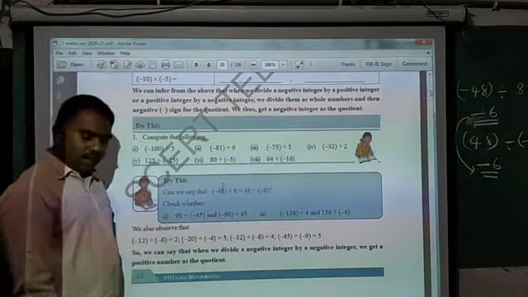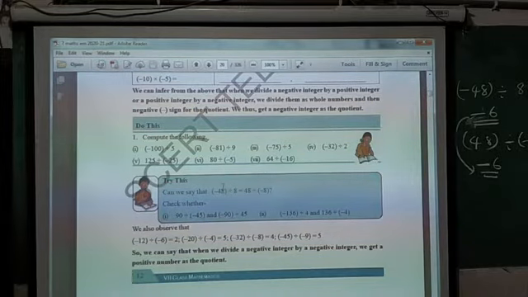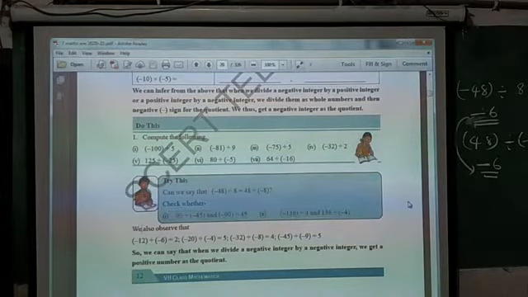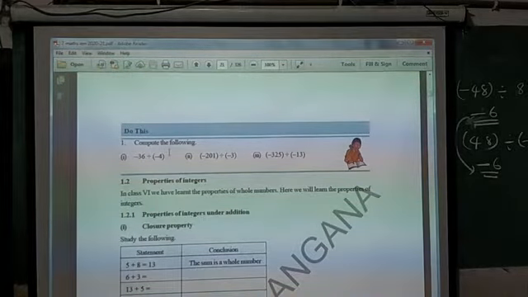So you do one thing. I have explained the first one to you. Like that, there are two questions below, 90 divided by -5, minus 90 divided by 45. You can answer these, and you will get the same answers here also. After that, there is some other work to do.